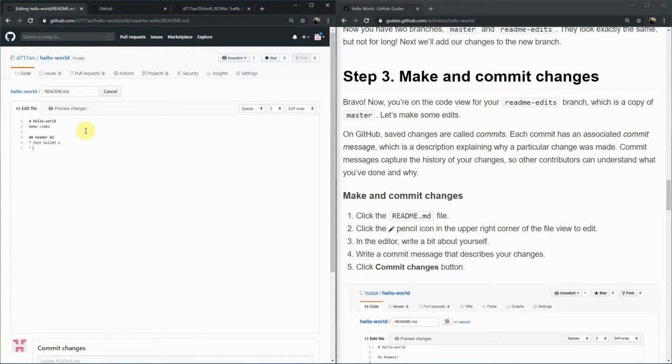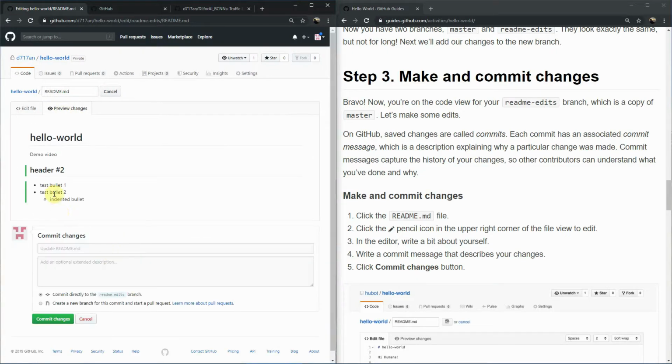Let's do another one here. If I do a tab and then the bullet point, it indents it to the next level. And is the point of this to teach you Markdown? No, it's just trying to explain what it is we're typing here. And if I go to preview, it'll just show what it translates the text file into